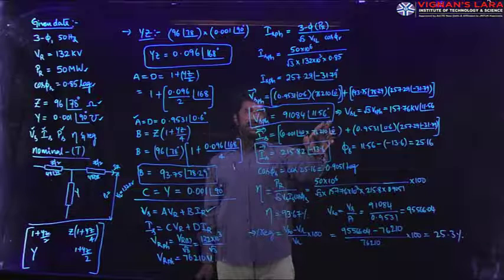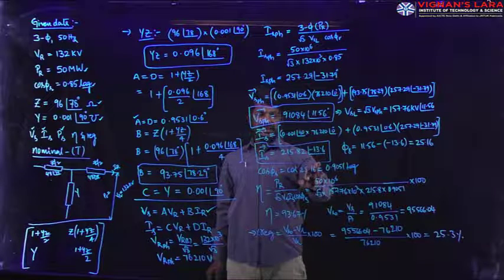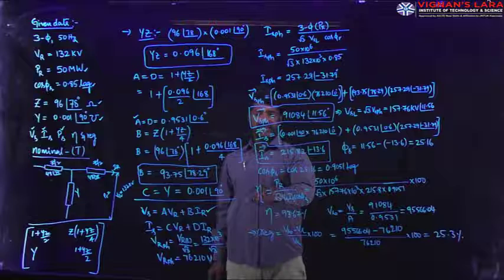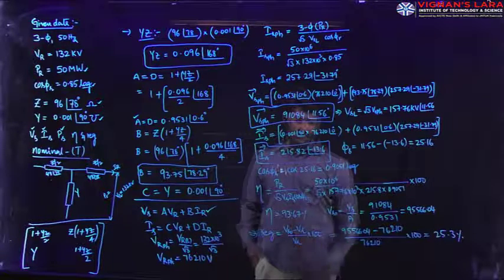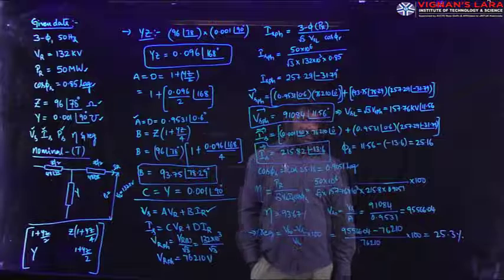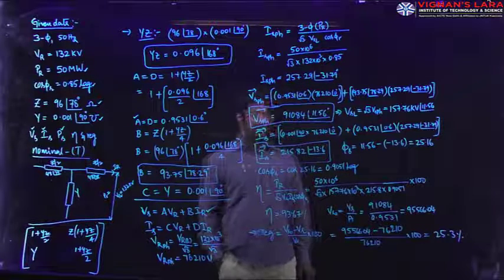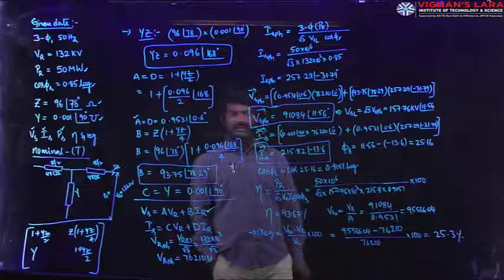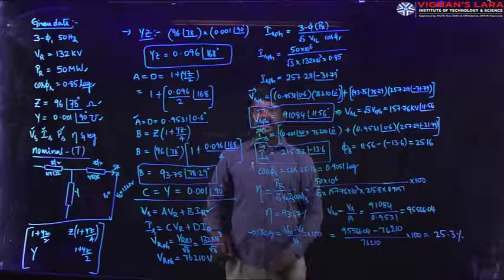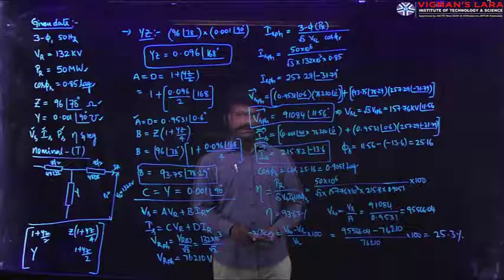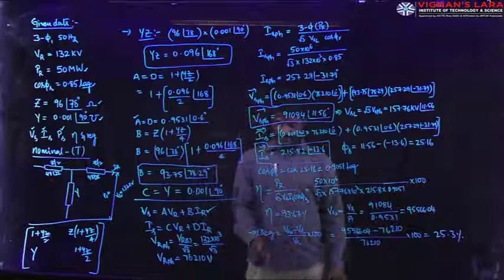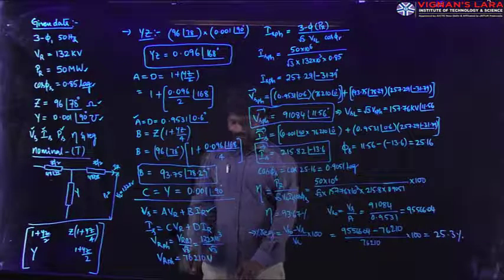So it is a medium transmission line, analyzed in the nominal T method, having ABCD constants with defined values and a sending end voltage Vs and Is with a power factor of cos phi s, which helps in analyzing the efficiency. It operates with an efficiency of 93% with a regulation of 25.3%. This is the simplest way of analyzing a medium or short transmission line. It will be continued in the next classes.